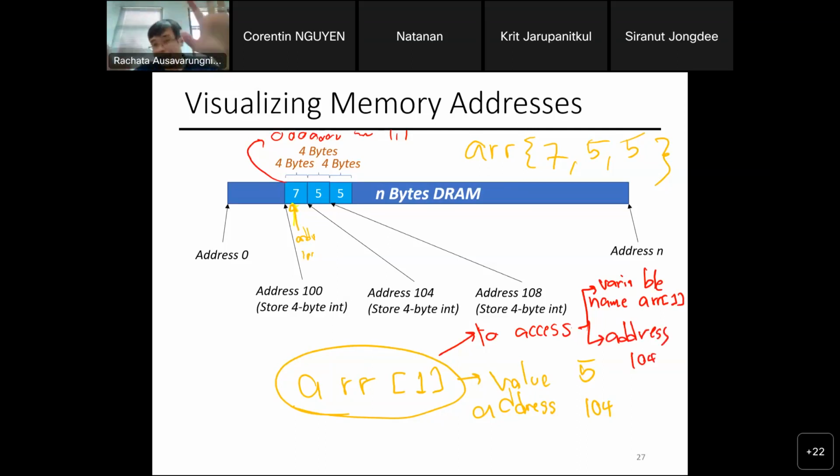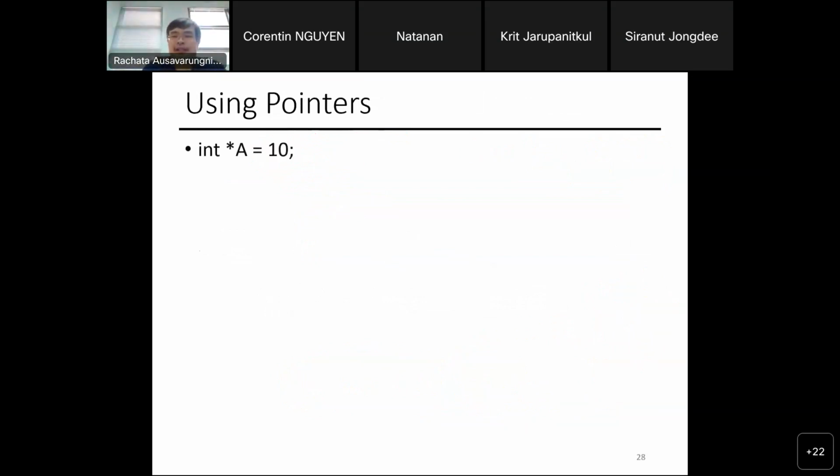So we will now move on to how we use it. We can use a pointer for that. So let's say I do int A. This will not compile, I don't have the room. So in reality, we will do star A to create the pointer named A. And then I can say A equals malloc(sizeof(int)). We'll talk about malloc in a bit, but malloc basically means go to DRAM, find an area of 4 bytes for your integer, and give me my free land so I can store something in there.